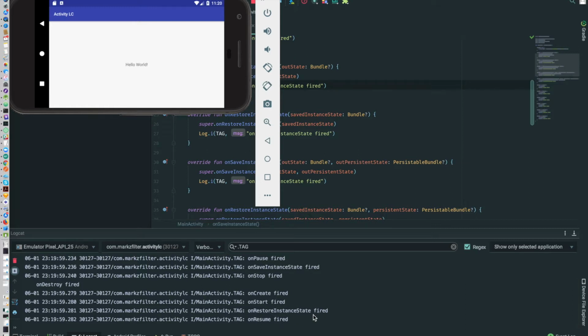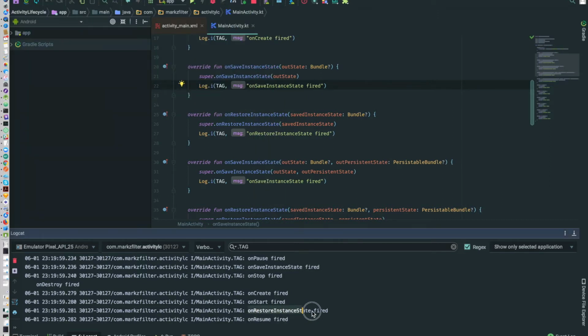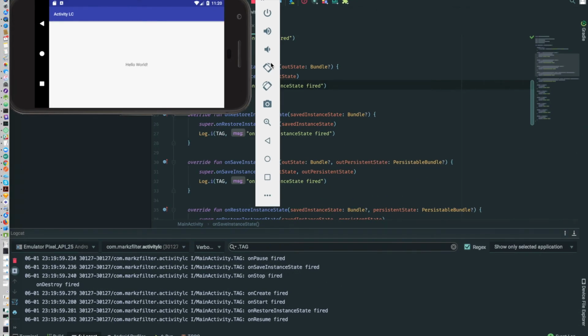So this is important to understand: when you pass in data between instance states or configuration changes, this is the location where you'll want to grab any of that data that you wanted to pass in to go to the next configuration orientation. And so let's rotate back,